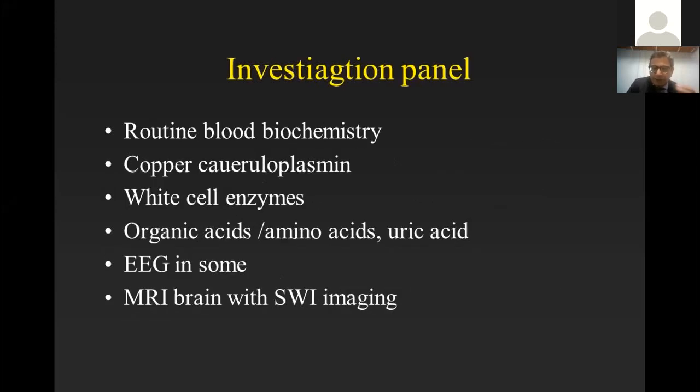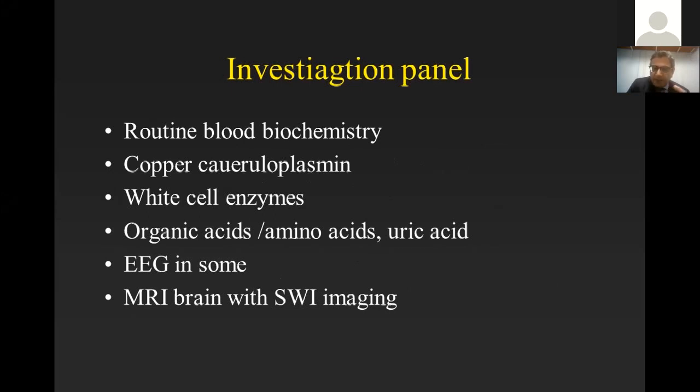This includes routine blood biochemistry, copper, ceruloplasmin, white cell enzymes, organic acids, amino acids, uric acid, occasionally an EEG, not necessary otherwise, and particularly important, MRI with SWI or GRE imaging to pick up